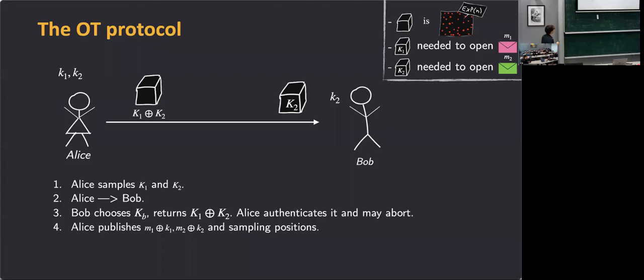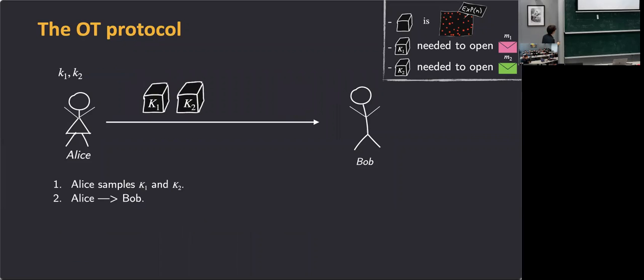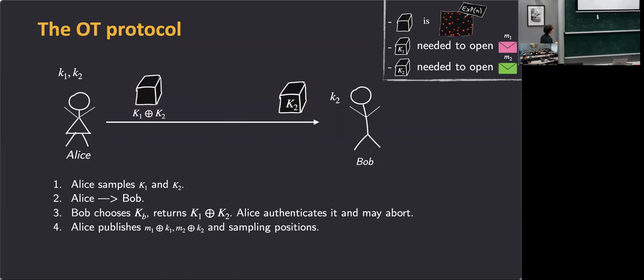And then Bob will look. Now that Bob knows the position, he will look at his state. He will extract key2. From key2, he will generate the hash, that is the one-time pad, and extract the second message. And he has sent back all information that he had about K1, so he has forgotten it. So he will know absolutely nothing about M1, so K1.